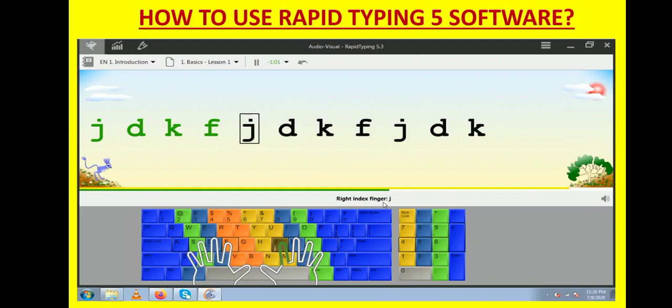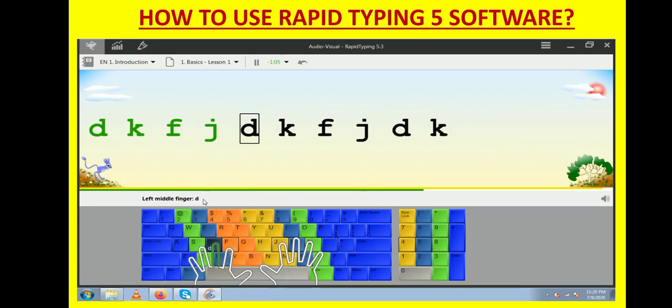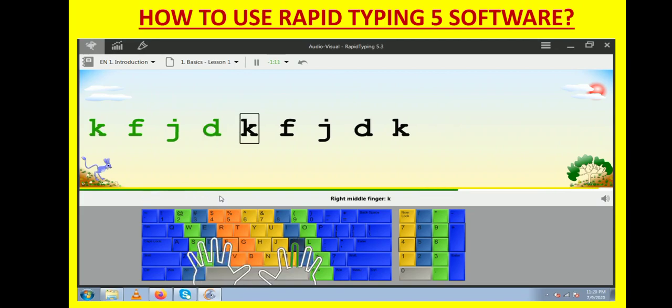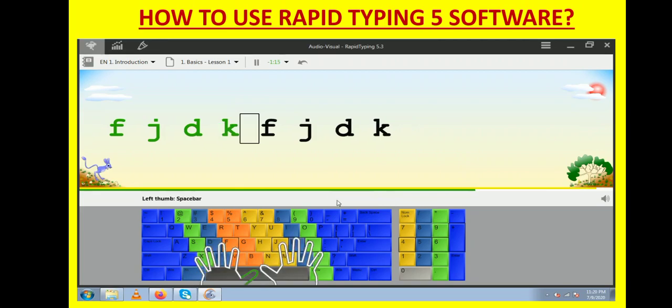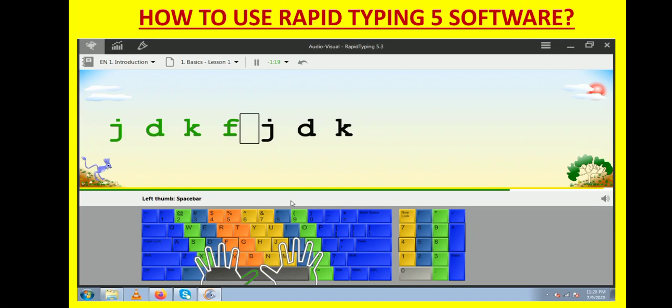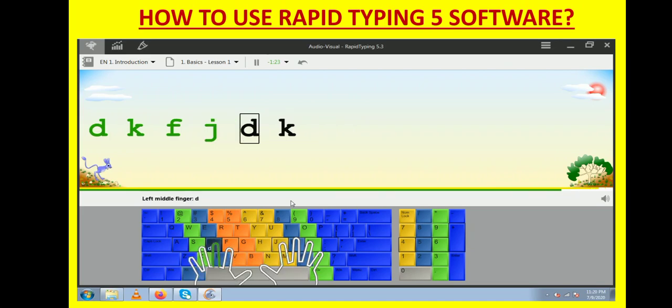Here I would like to suggest that you use the same finger as given in the instruction. Initially it might be difficult for you, but if you want to learn typing in a better and proper way, then you must follow the instructions.